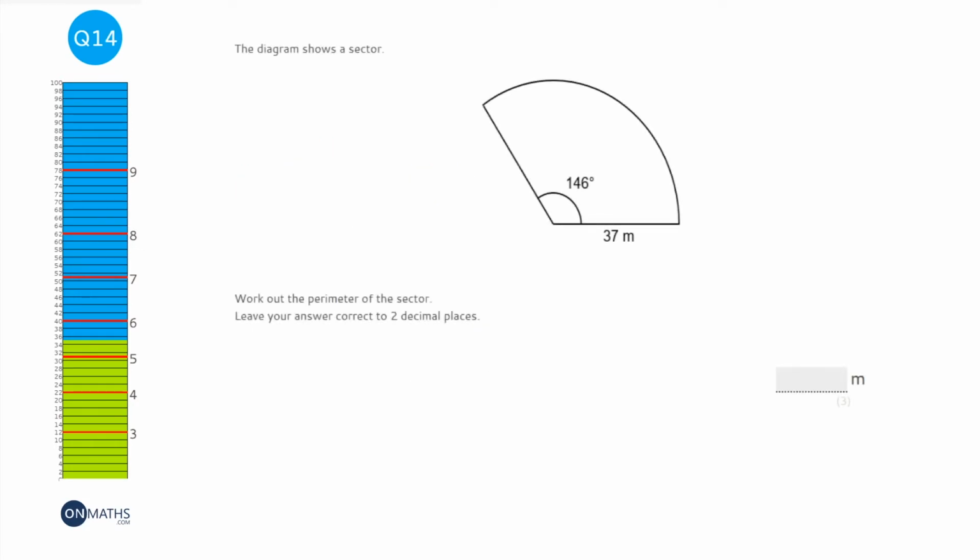Okay, so for this question we need to work out the length of the arc, which is around here, and then we need to work out what this and this are. So we're going to do the arc first. I'm going to show the examiner that I'm doing the arc first. Now the distance of the arc is the total circumference of the circle times by the fraction of the circle we've got. So you want to work out what the fraction is of the circle and times it by the